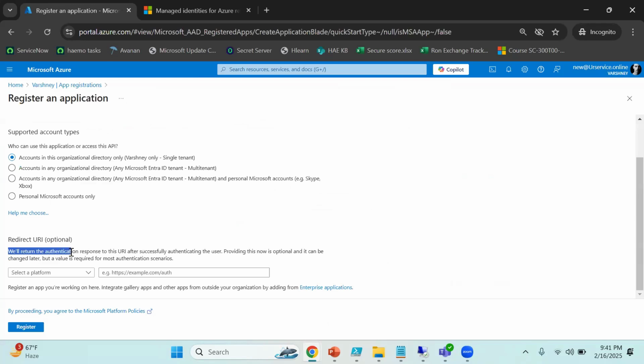We will return the authentication response to this URI, which you will mention here, after successfully authenticating the user. That means the user goes to the URL of that application. He gets the username and password prompt. He enters the credentials. That backend request comes to Entra. Entra authenticates: okay, this user is good to go. When it authenticates, the response that we have authenticated this user will go to which URI? So you will have to put the URL of that application here, which would receive the prompt. Providing this now is optional and it can be changed later, but a